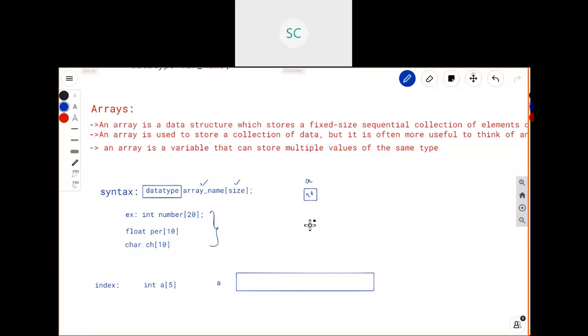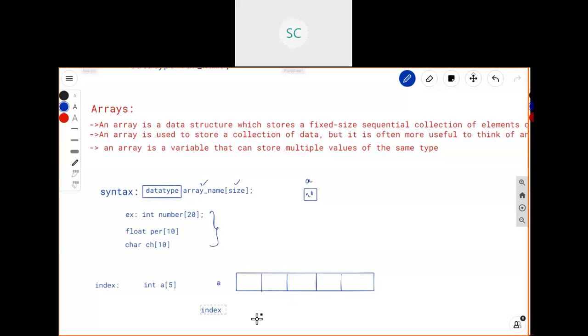Like 1, 2, 3, 4 and 5. If I declare an array like this, internally in RAM it is going to give 5 boxes. Each box has some address, but the array elements are going to be stored within this array by using the index value. Here I will mention index.